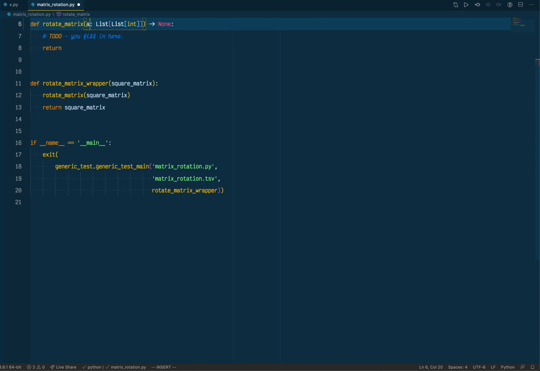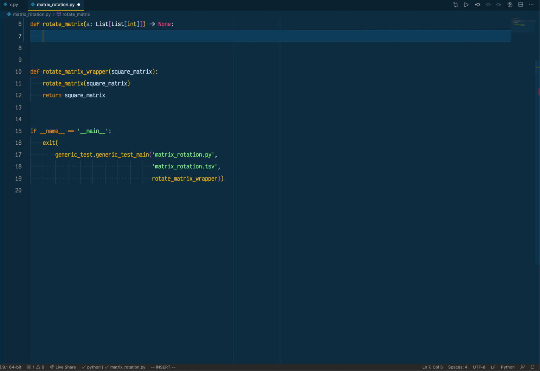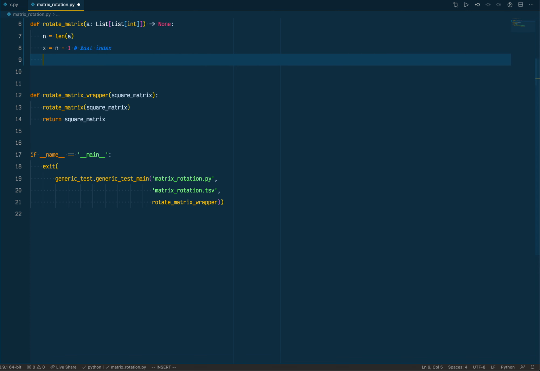First, let's change this to an A. Cool. Okay. So let's create an n variable, which is just the length of A, and x, which is n minus 1, which represents the last index. We will be having 2 for loops, so for i in range, and now we need to calculate the range. So it starts from 0, but it needs to end